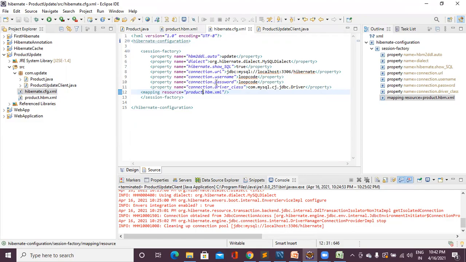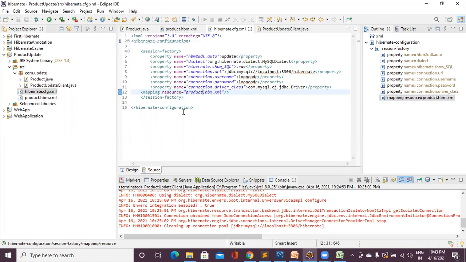Then property name connection.username is root and property name connection.password is root. Then property name is connection.driver_class. This is the MySQL driver, com.mysql.cj.jdbc.Driver. Then mapping resource, I'm entering a mapping file here,